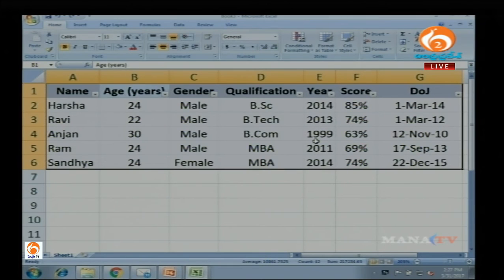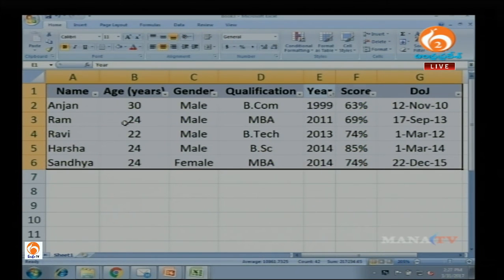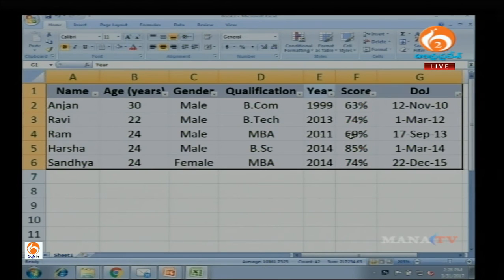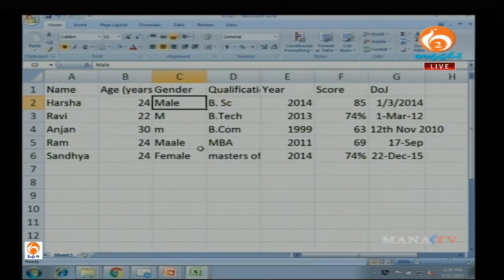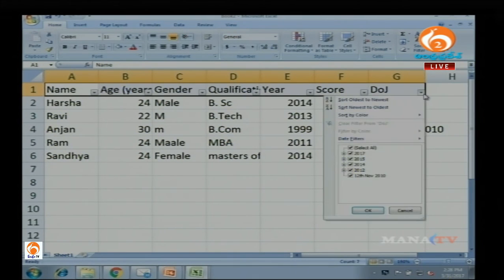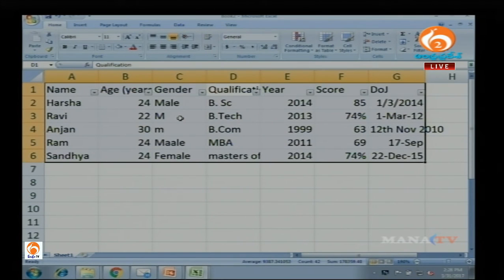The same can happen in terms of year, smallest to largest, or I want to sort it with the score, or with the date of joining. I can sort it the way I want, or in alphabetical order, whichever way I want. If my data is standardized, it helps, but if the data is not standardized, say for example this one, obviously I will not be able to sort it in an effective manner,